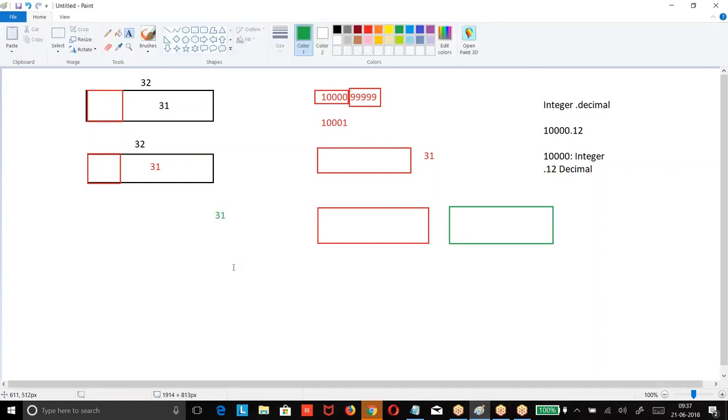Now, logically, which should occupy more data? Integer should give higher value, because the complete integer value is given with 31 bits, whereas here 31 bits are used to represent integer value plus decimal value. So obviously it has to give lesser value.